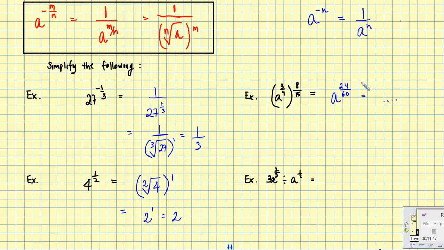So I could divide by 6, or maybe I could divide by 12. Let's divide by 12. If I divide the top and bottom by 12, I would end up getting a to the power of 2